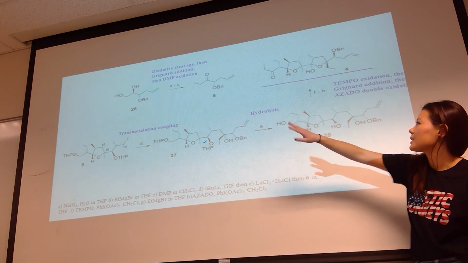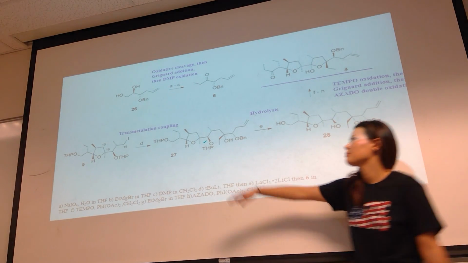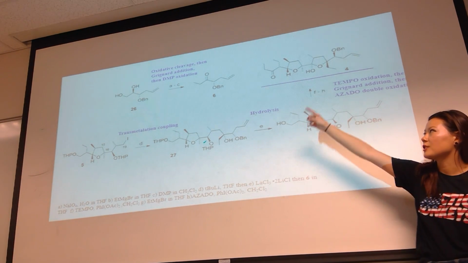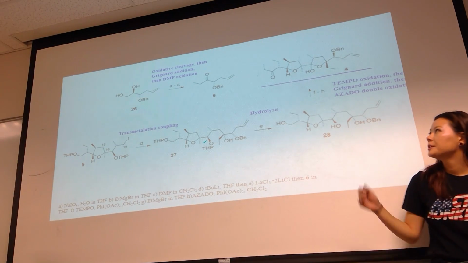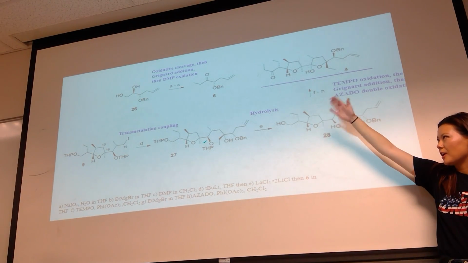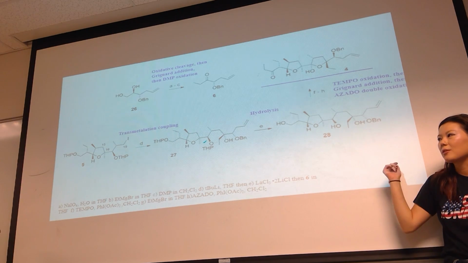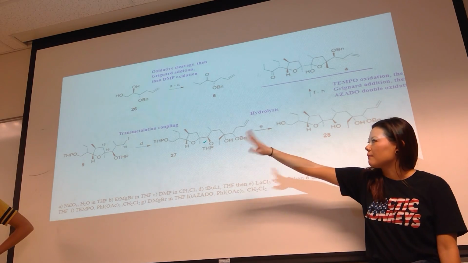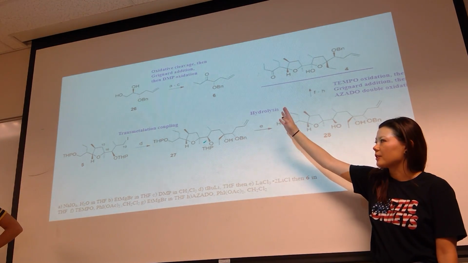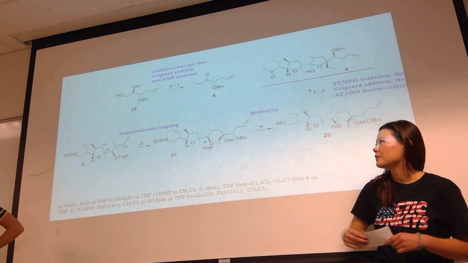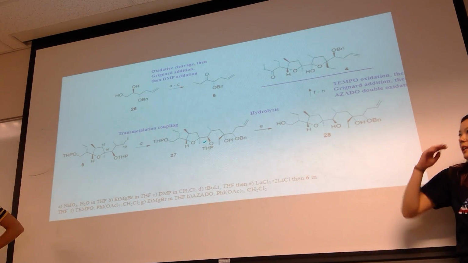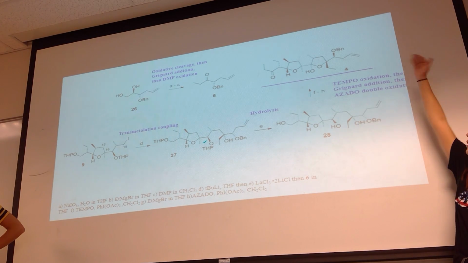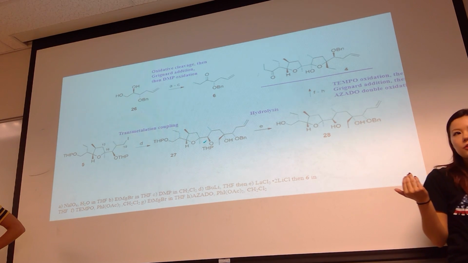So between 26 and 6, there's an oxidative cleavage between the two hydroxyl groups to 4, and then a Grignard addition. So you have your ethyl ketone, and then a DMP to get the ketone as opposed to the secondary alcohol. Between 5 and 27, 5 is going to go through a transmetallation coupling with 6 to get 27. From 27 to 28, there's a hydrolysis, and from 28 to 4, there's a TEMPO oxidation,